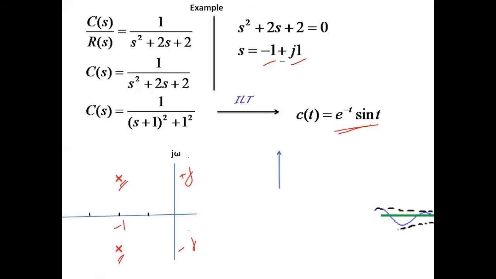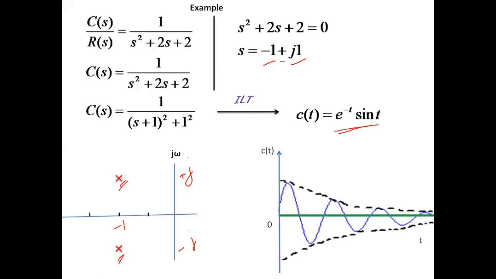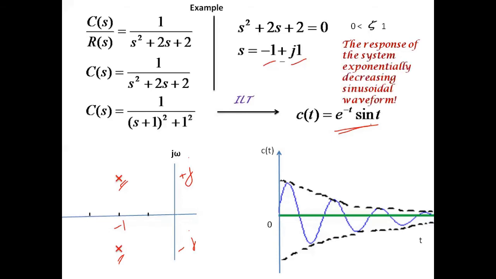So now if you plot this in the graph, the response looks like this. And it is very clear that the response of the system is an exponentially decreasing sinusoidal waveform. So this e to the power of minus t, the exponentially decaying term, has bounded this sinusoidal waveform, and it is guiding it with one as the upper envelope and the other as the lower envelope, because sine is ranging from minus 1 to plus 1. So this envelope is guiding the sinusoidal waveform. So you can say that C of t is an exponentially decreasing sinusoidal waveform.